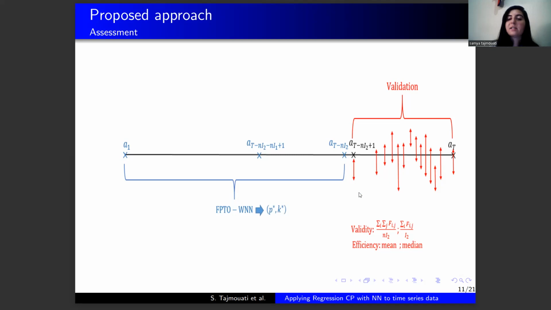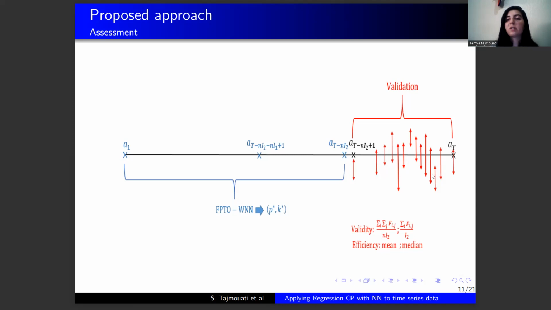After getting these hyperparameters, we will build the predictive intervals for each one of the examples that constitute the validation set, and we will assess the validity of the proposed approach by reporting the percentage of examples in the validation set that are really contained in the produced predictive intervals, and the efficiency by reporting the mean or the median of the width of